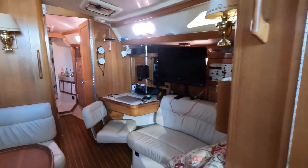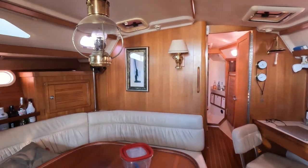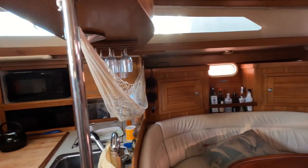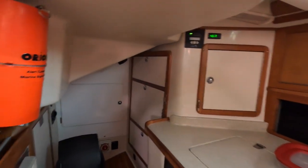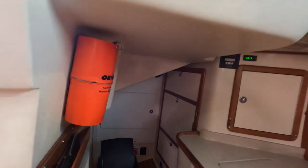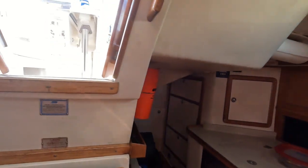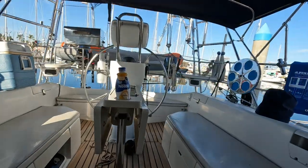I had fun for the first week emptying all the lockers. Thoroughly enjoyed that, but it actually took a week to go through everything. And then back of the galley area, there's a huge storage area there, which you can actually crawl through to the aft lazarettes. Going back outside,